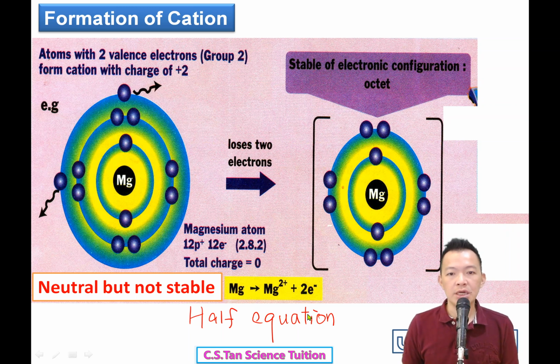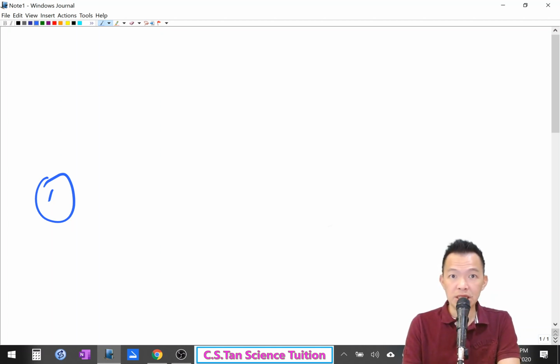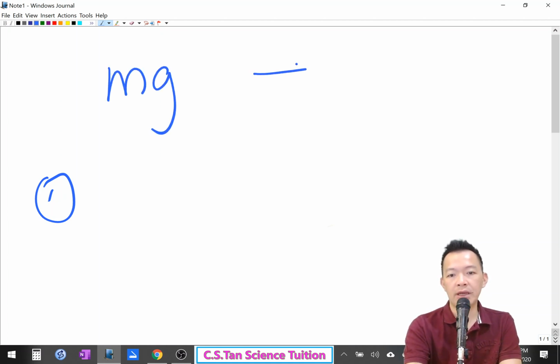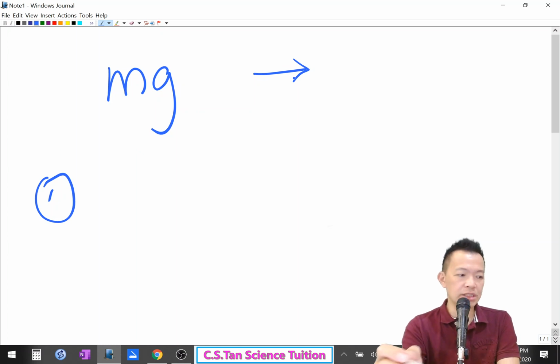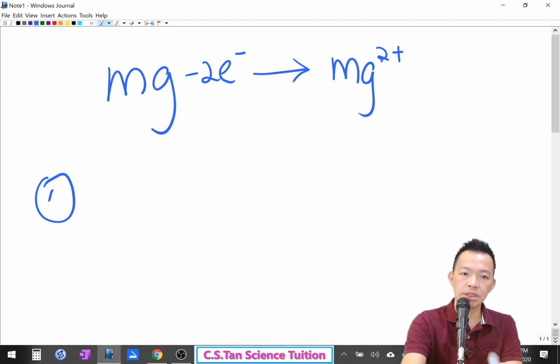But how to write the half equation? 怎样写 half equation 呢？有什么方法呢？The first step, 第一个步骤。When you want to write the half equation, you must know the reactant 跟 product. 你一定要知道你的反应体跟你的 product 是谁。So today magnesium going to lose the electron and finally become the final product, 就叫 magnesium ion，magnesium 的离子。Magnesium lost 2 electron, 对不对？Magnesium 丢掉2粒的 electron, become magnesium ion, 变成 magnesium 的离子。